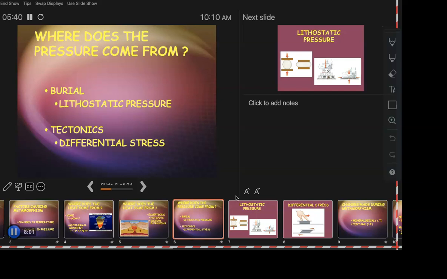Tectonics, on the other hand, think about two plates moving around and one of them eventually crashes into another one. They call that differential stress. The force is coming from not all directions evenly, okay? This is the kind of stuff that builds mountains. Very, very slow car wreck. We talked about India trying to join Asia, and in between is that crumpled up mess that we call the Himalayas.